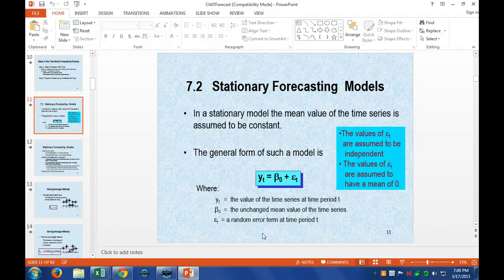Okay, so I asked you guys to read the case on page 393, and we are making yo-yos, and we have 52 weeks worth of data, and we want to forecast what our demand will be for week 53. So the data is on table 7.1 on page 393, but we're going to take a look at that data,